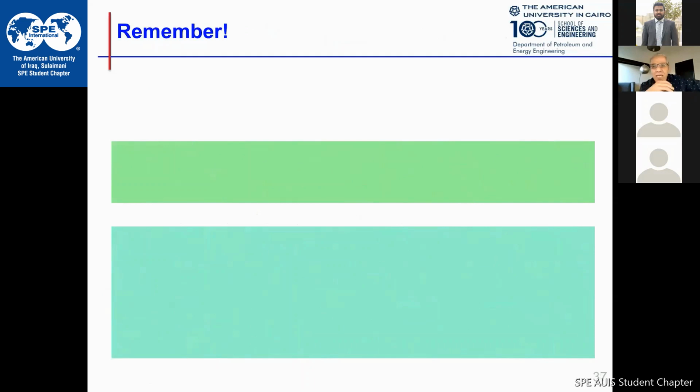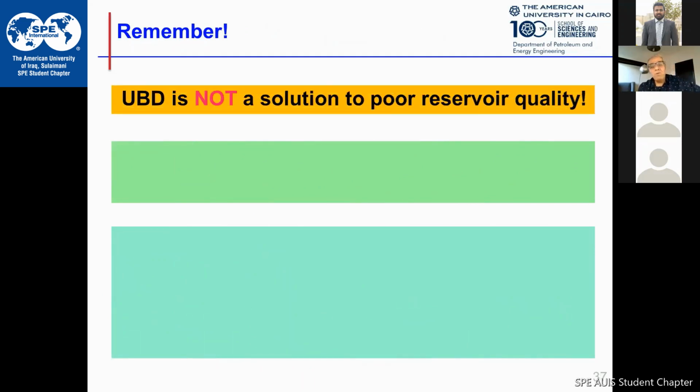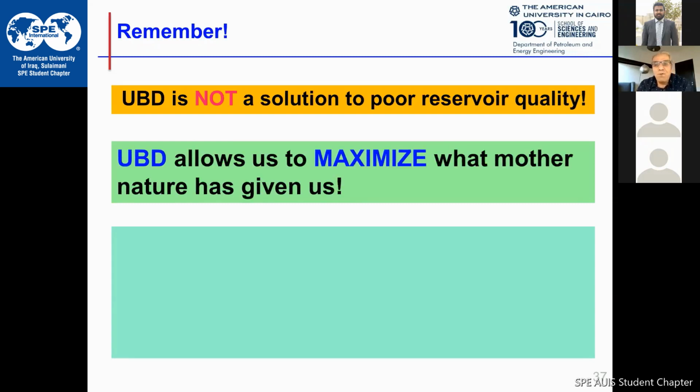What should we take away from this talk, my friends? We should always remember that underbalanced drilling is not a solution for poor reservoir qualities. And of course, by the utilization of underbalanced drilling, we maximize what's given by Mother Nature. So we can't change what's given by Mother Nature in terms of properties, but we can maximize our production